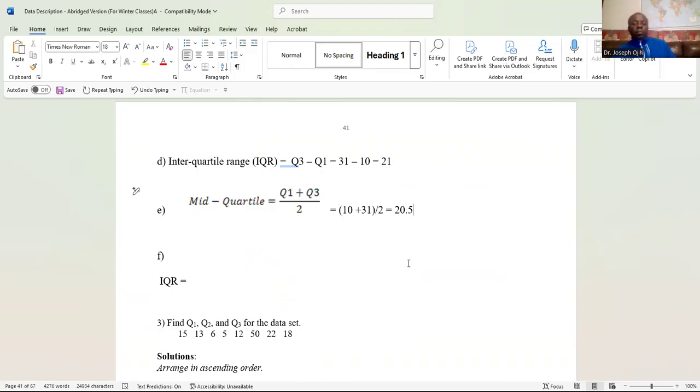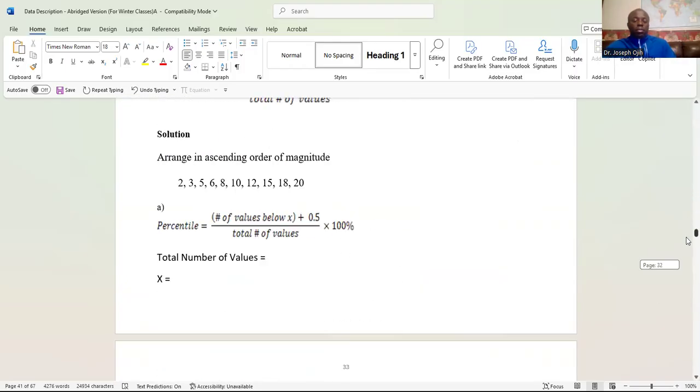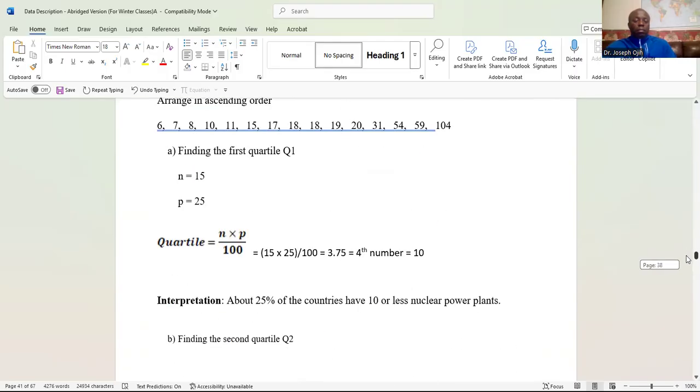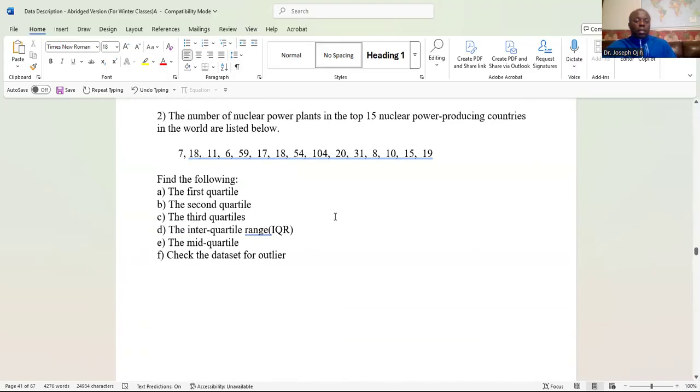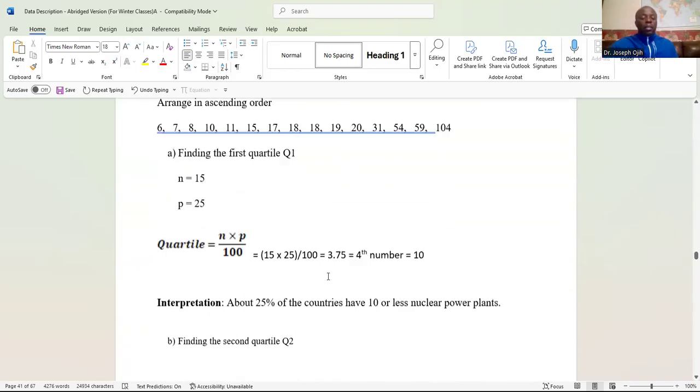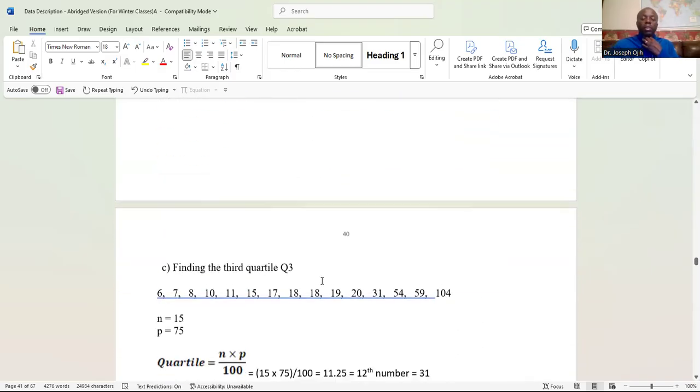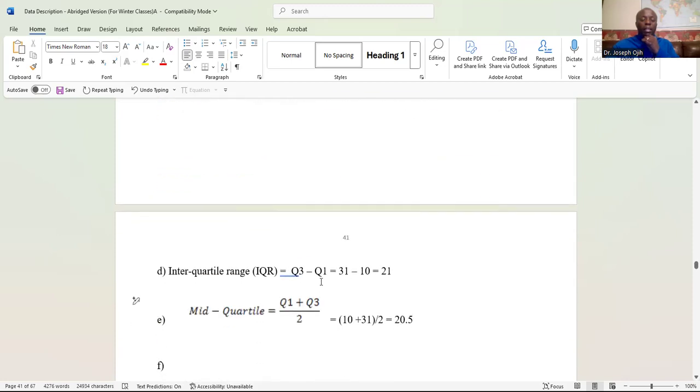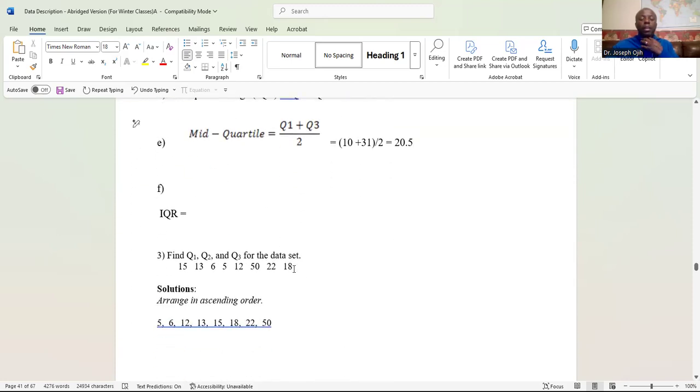Now, we have our interquartile range, we had our mid quartile. Look at the last question there. The last question there was to check the data set for outliers. So to do that, we need to find the upper end and lower end and then compare. Okay? We have our interquartile range